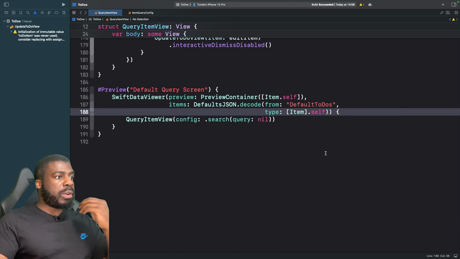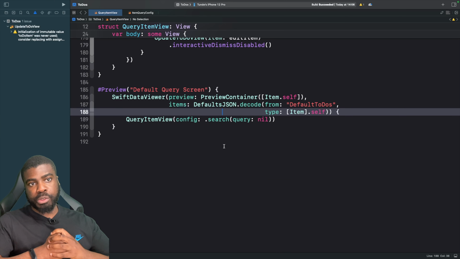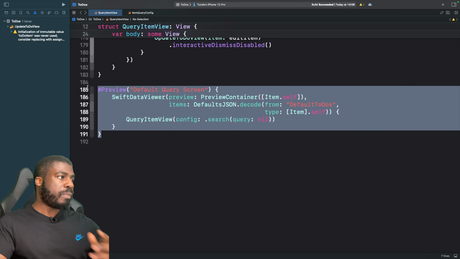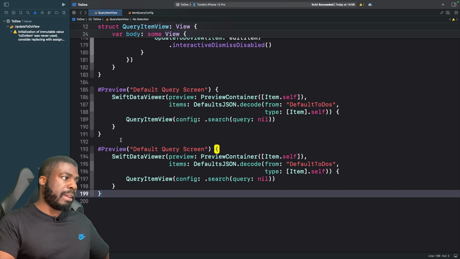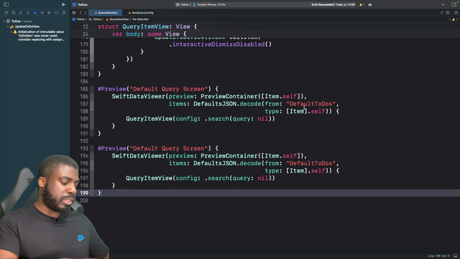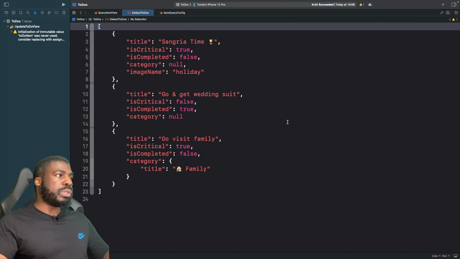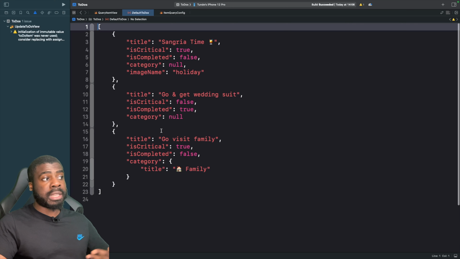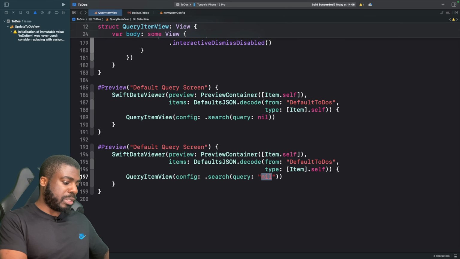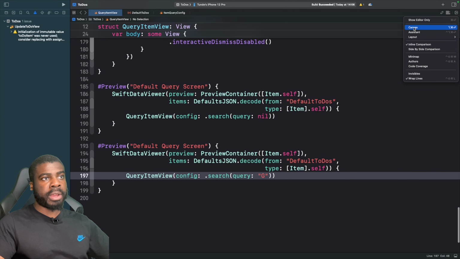Okay, cool. So now we have this in place. I actually want to create different variations of our SwiftUI preview so we can see this in action in terms of it working. So we'll have a nil one, but let's create another one where, based on our default to-dos, we'll search and see what it returns to us. If I go to default to-dos.json, you'll see that we have two that start with the letter G. So I'm going to replace this with G, and we'll just see what happens. So if I just run the SwiftUI previews,